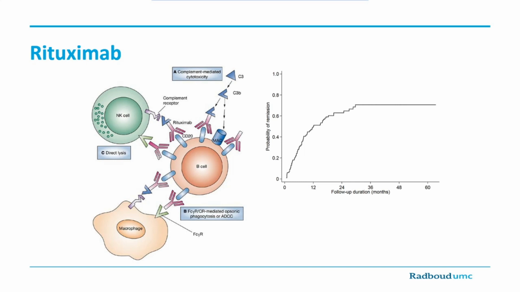We know pretty well how this drug will work, whereas the exact mechanism of cyclophosphamide is sort of aspecific and kind of mysterious. We know for rituximab exactly how it works. And with that mechanism